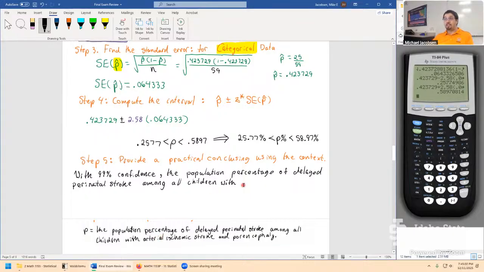So you're mentioning you're not talking about, say, necessarily every condition, one with a specific set of conditions. So any paraphrasing you do is appropriate if it's within reason. It's always kind of a hard judgment call to make. So on the careful side, let's write this in and be highly specific. Among all children with arterial ischemic stroke and porencephaly,